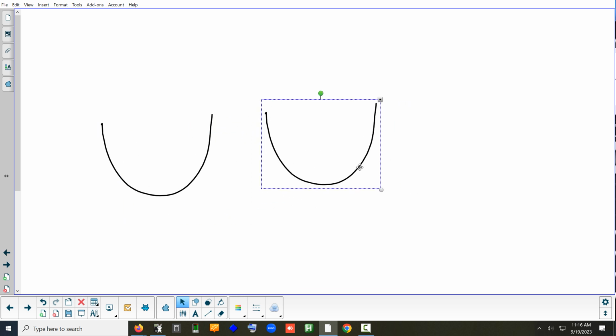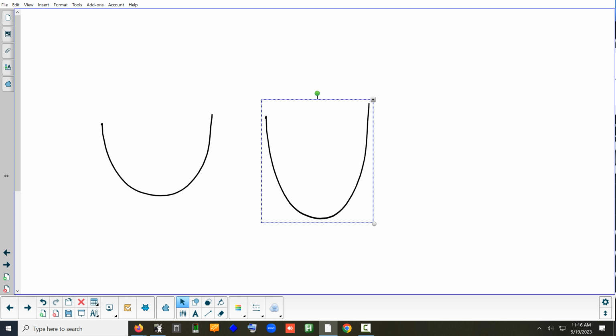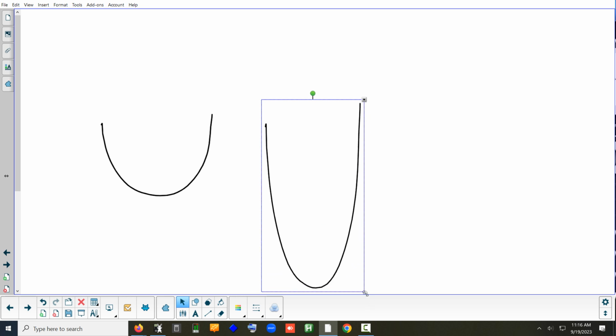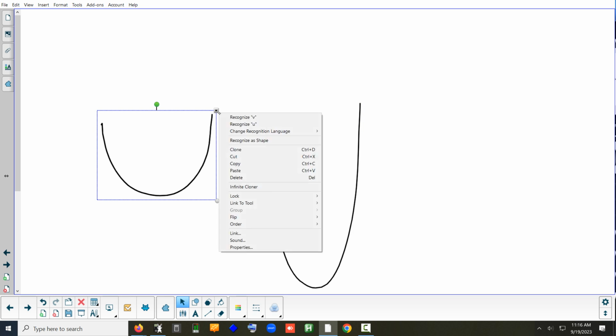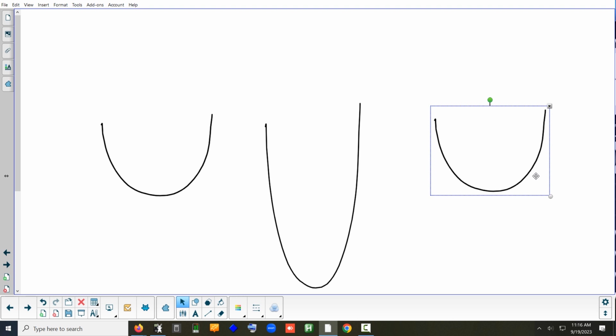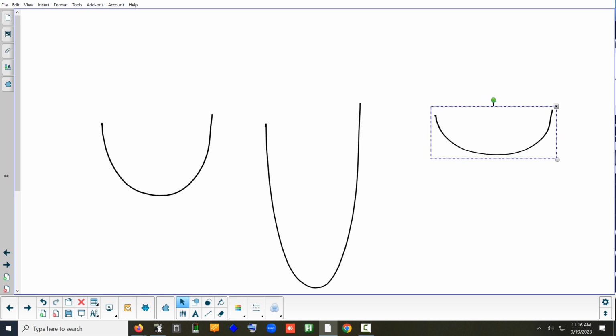If we take this graph and do what's called a vertical stretch, look what happens to it. It gets taller, and if I could stretch it even more, it gets taller and it gets skinnier. All right? If I take the same graph, make a copy of it, and let's say I do a vertical compression. Well, if I compress something vertically,